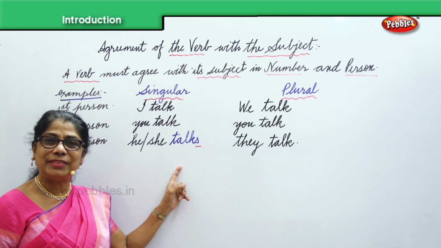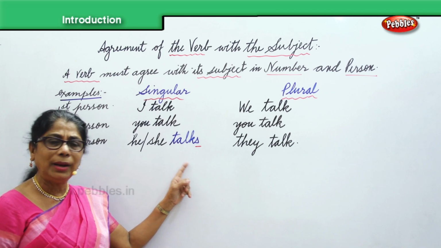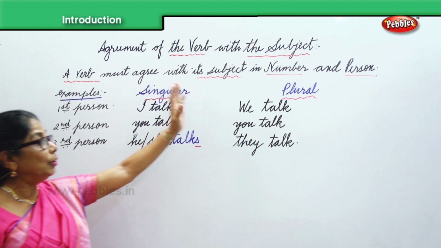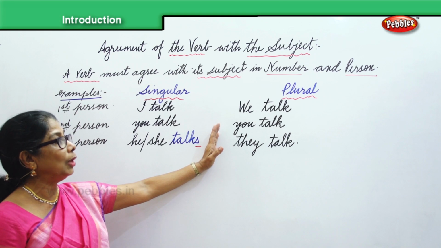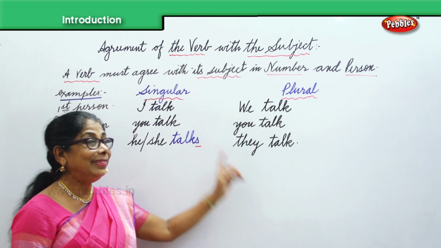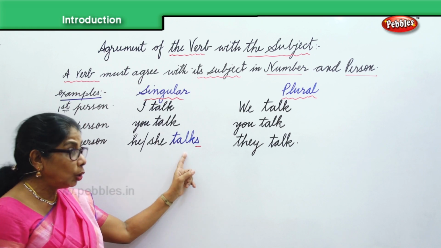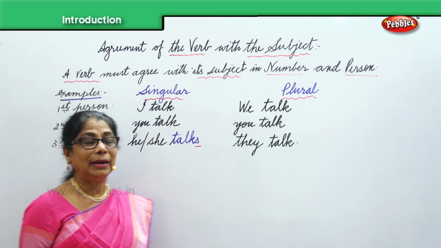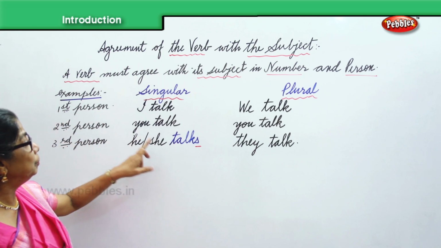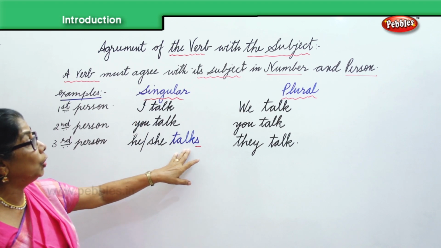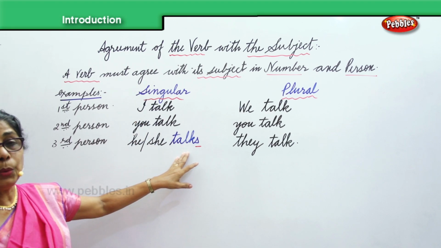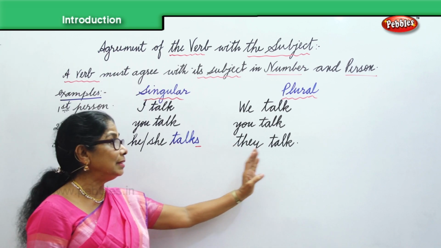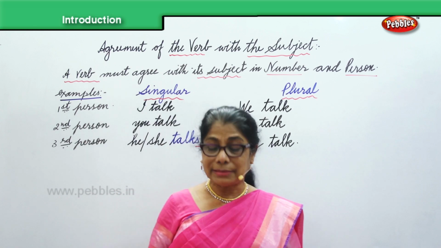Here the verb changes. The verb is singular, and here the person is singular. Now, when you talk about the plural form for more than one person, then you will say they talk. She talks, the verb changes, they talk. This we have to remember. So you have to make the subject she agree with the verb talk. Here you have to add an S. When it's singular, one person, you add S. Here, more than one person, the verb remains the same.